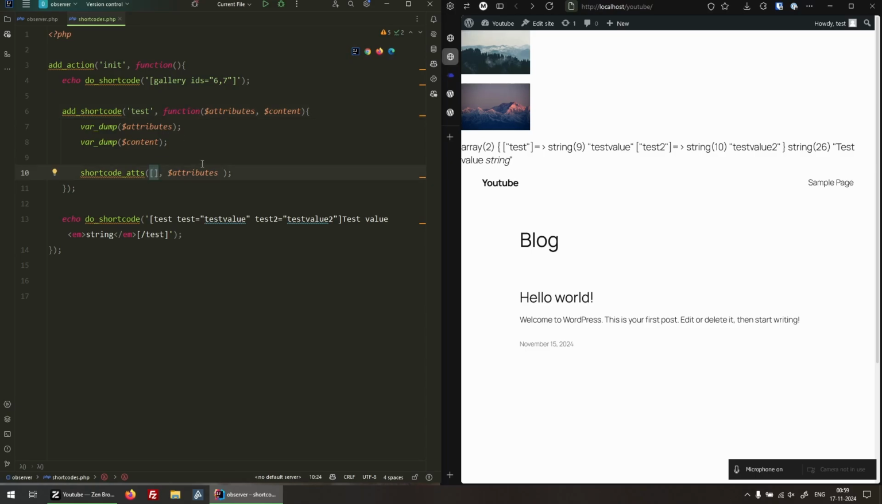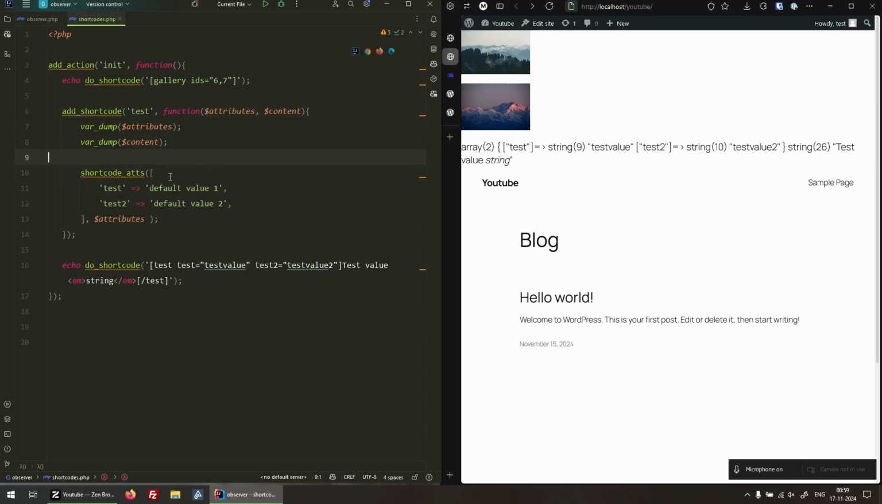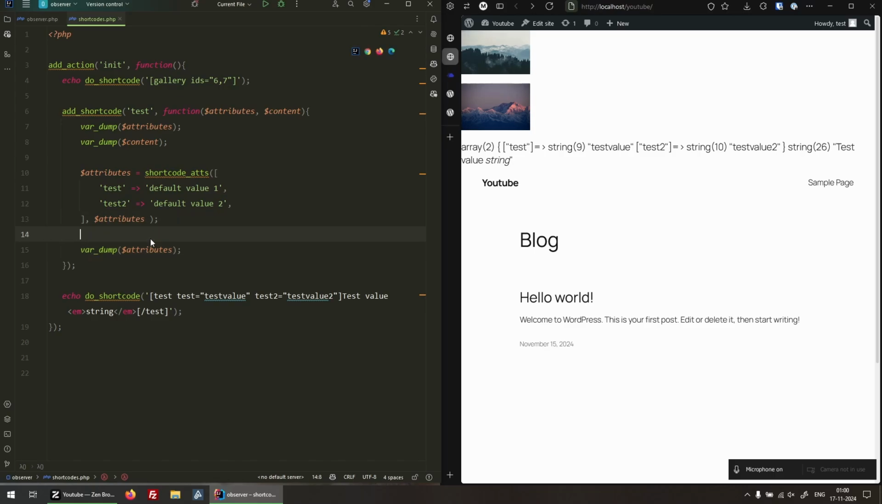And in this array, we pass a key value pair with every parameter, every attribute we expect to receive from the shortcode, and put a default value right here. If this attribute does not get passed to our shortcode function, it will still create it in the attributes array, but it will now set it with the default value of our key value pair. Let's save the result of this function back in our attributes, and let's var dump it and see what this